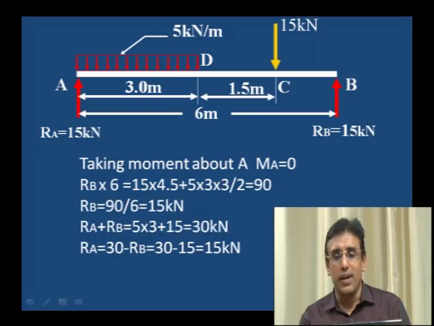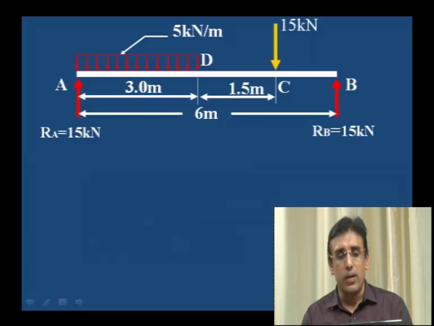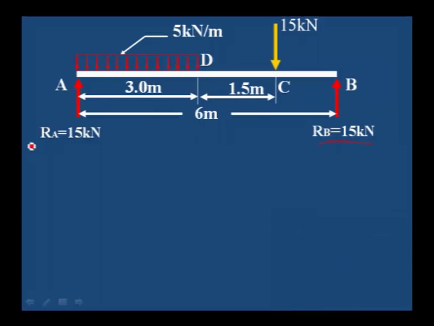After calculating RA and RB, we can easily calculate the shear force for this given beam. Now we have the values: upward force RB 15 kilonewton, RA 15 kilonewton, and then downward forces, two forces are acting. Let us start from the B. Shear force at B